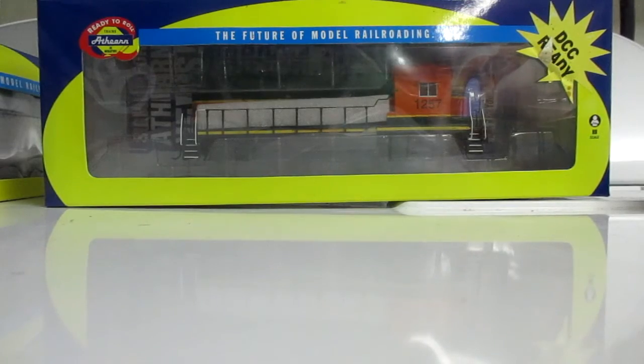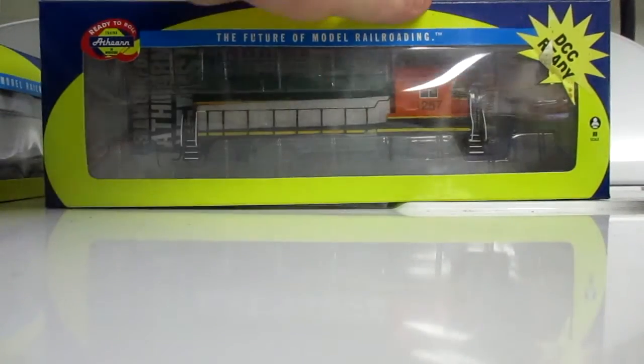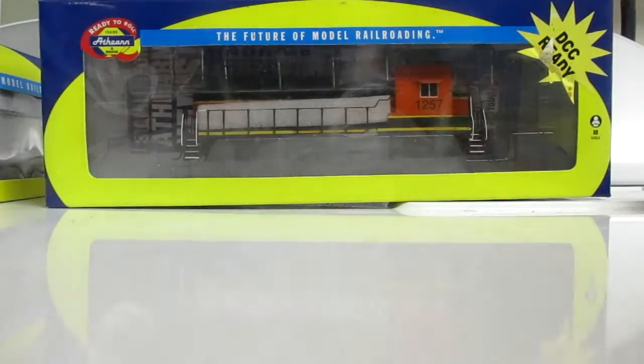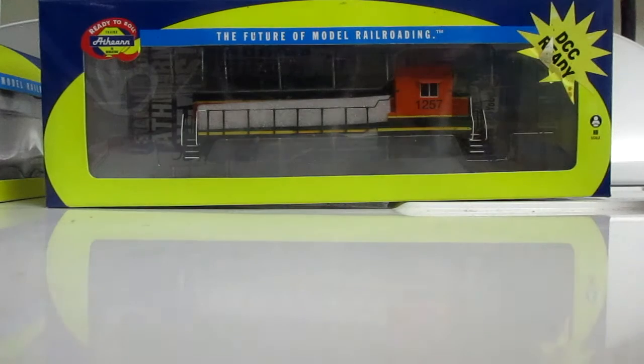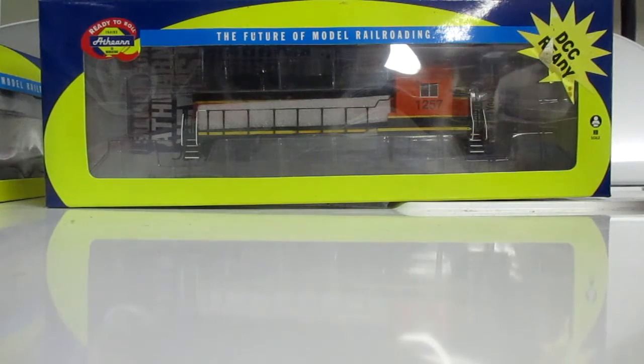Okay, ladies and gentlemen, our second engine in the roster. Yes, I have 3 locomotives to handle all this stuff. But our second locomotive in the roster is a little BNSF fantasy liveried CF7. This, my friends, is one of the smaller freight diesels. Now, you may be looking at that thing and going, my God, it's ugly. But here's the